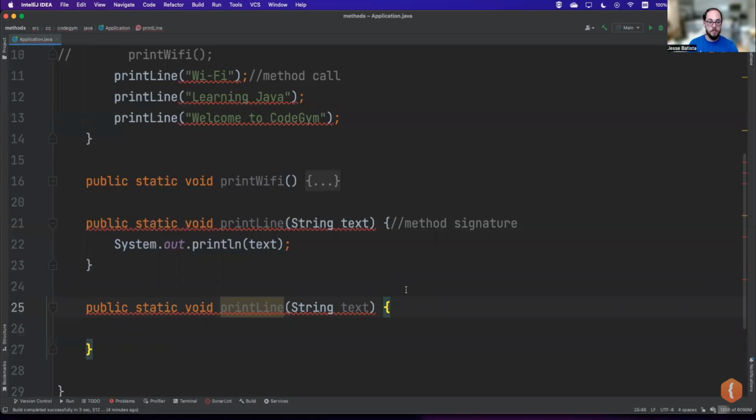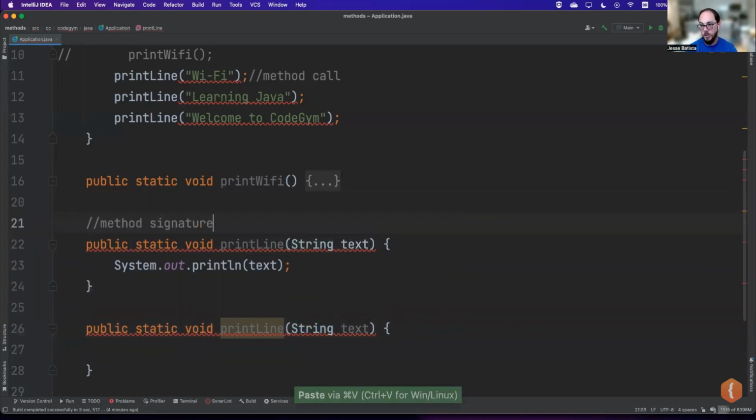But the name itself doesn't need to be unique, but the method signature does. So right here, the method signature of those two methods is the same since we have the same name and the same data type for the parameter. Okay, so again, the method signature is the method name plus the parameter types. Okay,